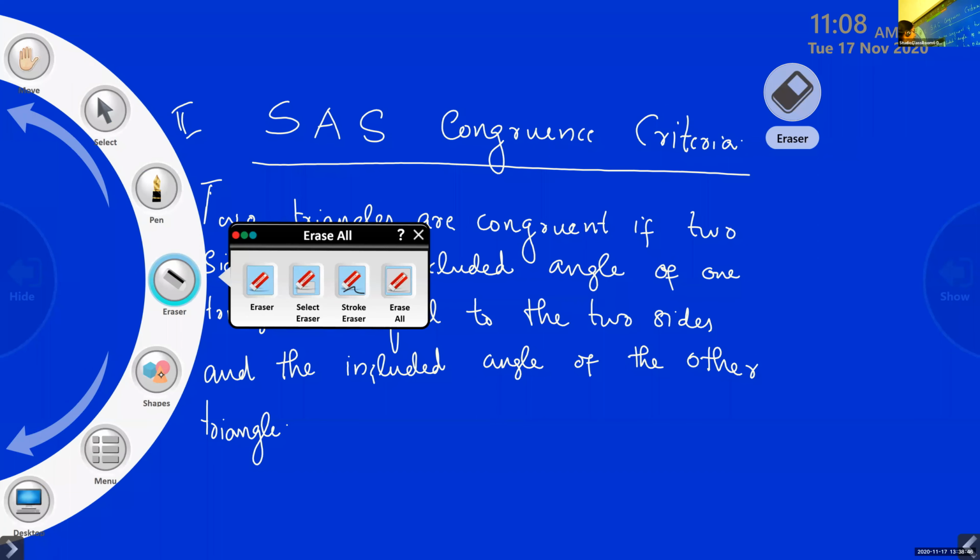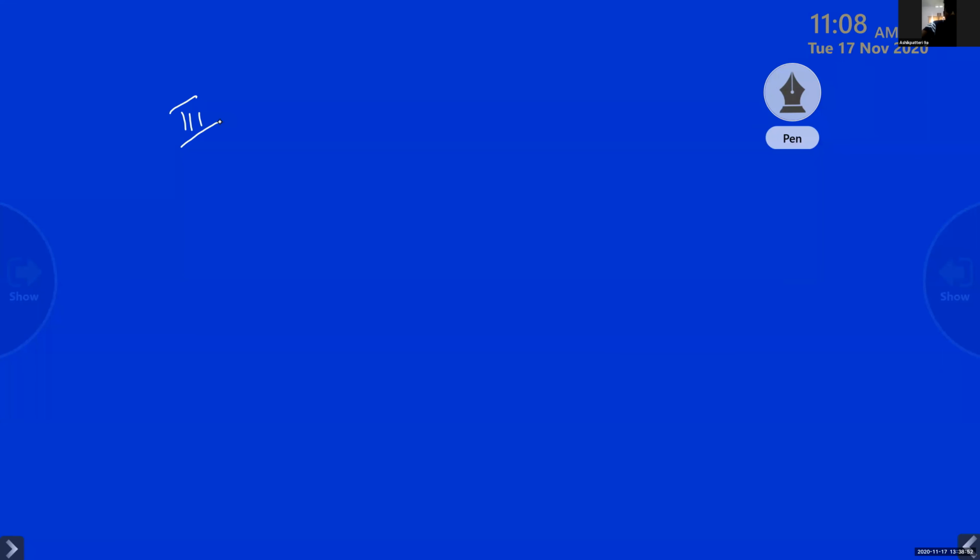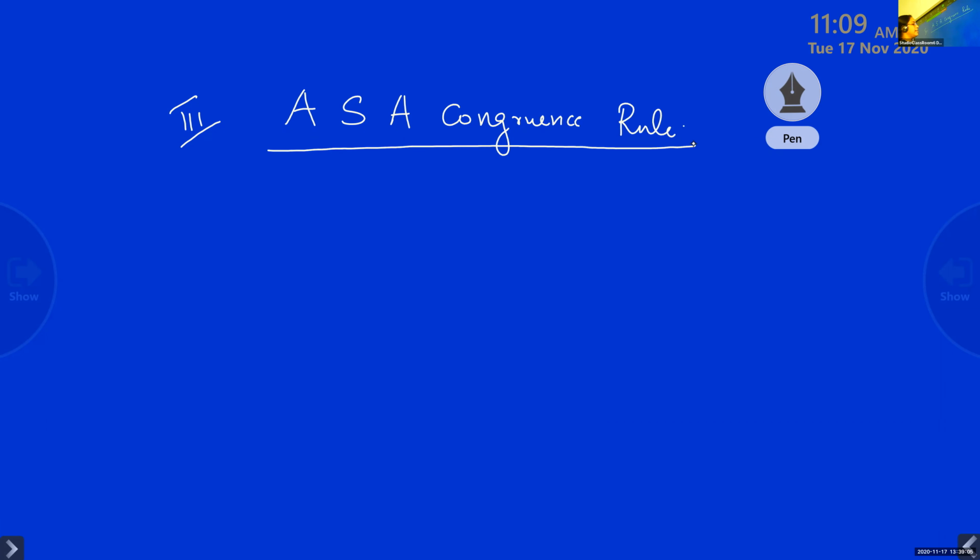And do you remember the third one, after SAS? Ma'am, ASA. Yes, ASA. ASA congruence rule. What do you mean by ASA? Angle side angle. And that side should be connected to both these angles, the included side. Two triangles are congruent